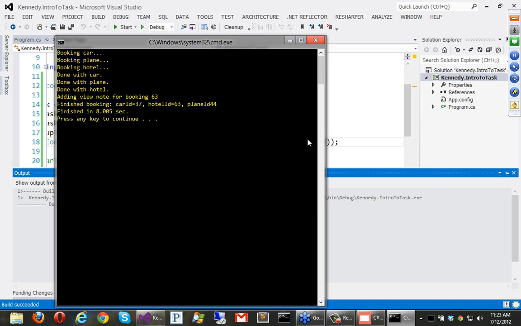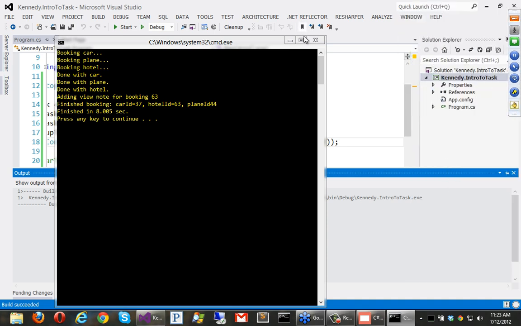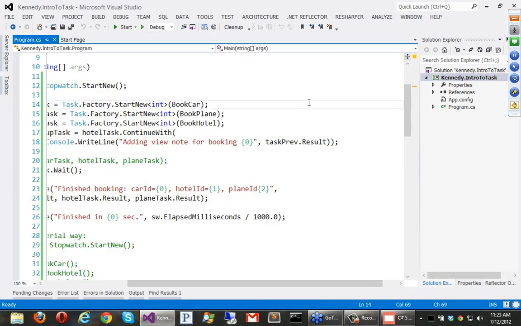All right, so this is probably a good place to stop and ask questions. Here you can see hotel booking 63, hotel ID is 63. So if you have any questions, sorry we only have one-way audio here, but you can throw it into the chat window or the question window. I'll keep my eye on the little notifications to see if some of those come up. If they don't, then I'll just move over to C#5.